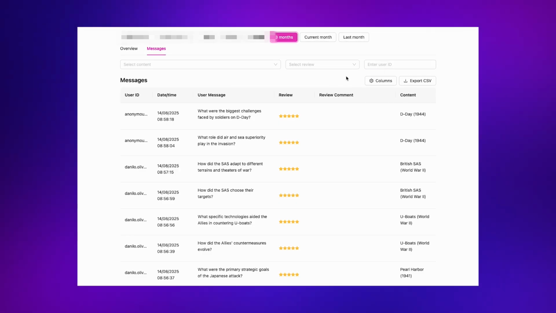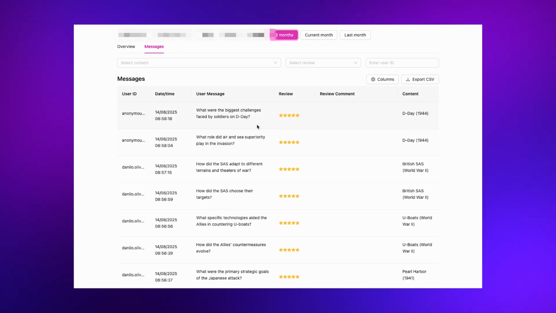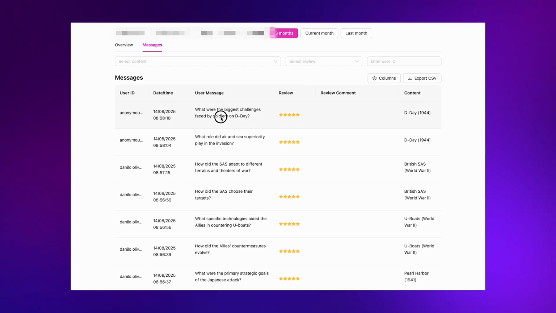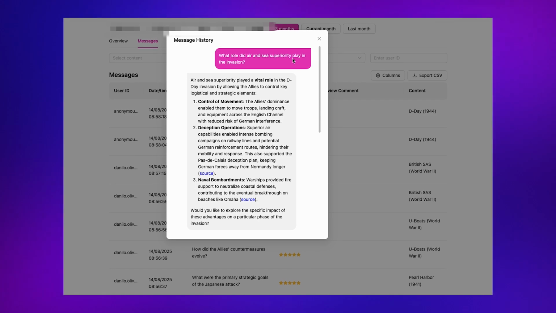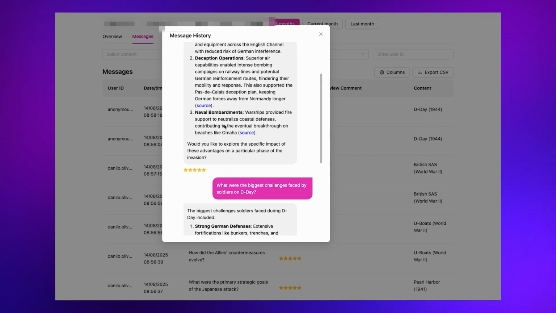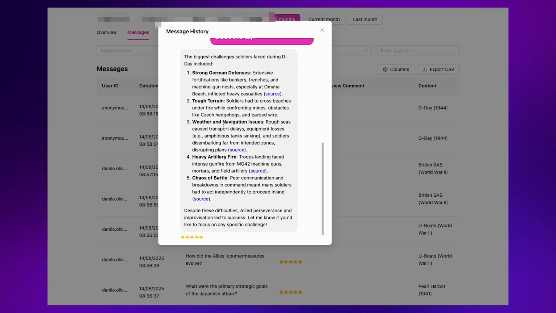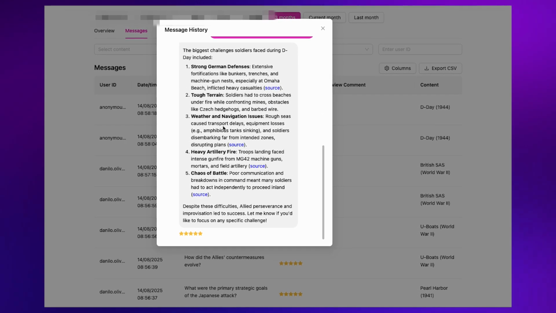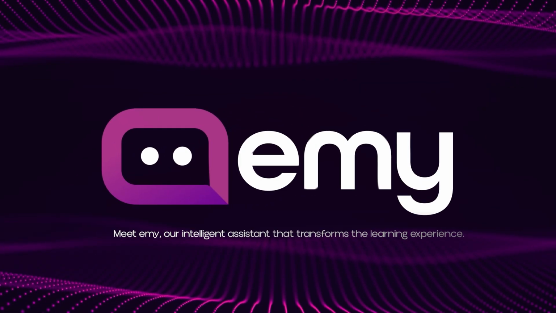With this dashboard, you can view the main usage data of Emmy, the most frequent student interactions, which questions are being asked, when, and how, which subjects or lessons concentrate the most questions, and from there, extract powerful insights to enhance the teaching experience. This strategic view allows you to better understand students' needs and identify opportunities to improve your institution's learning platform. As you can see, Emmy is transforming the way students learn, making education more